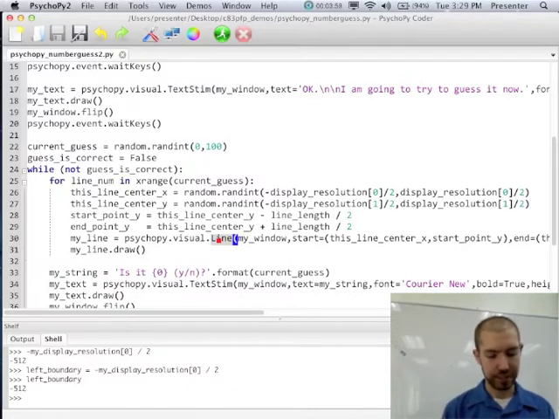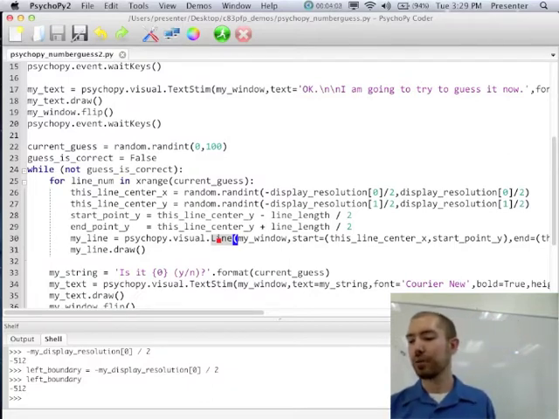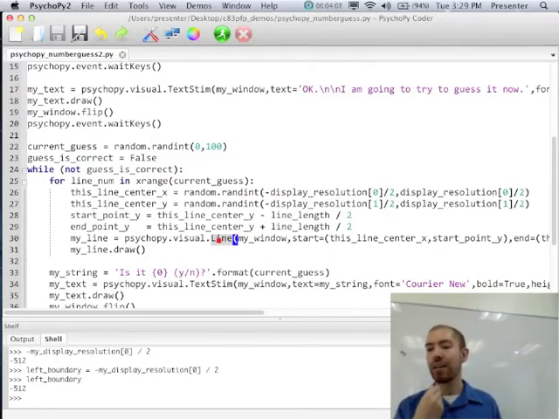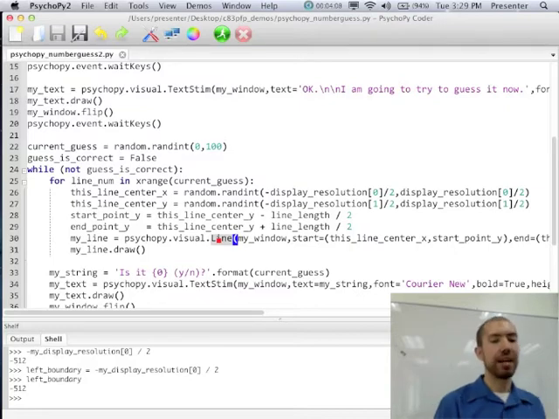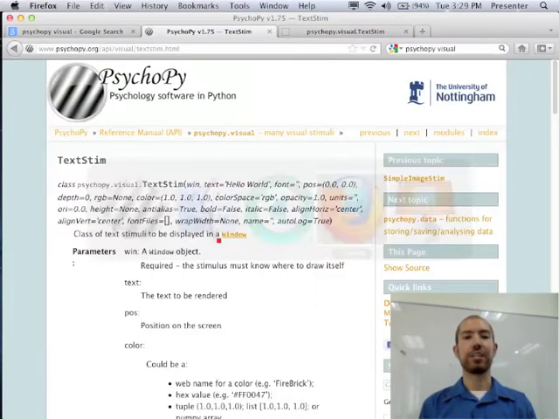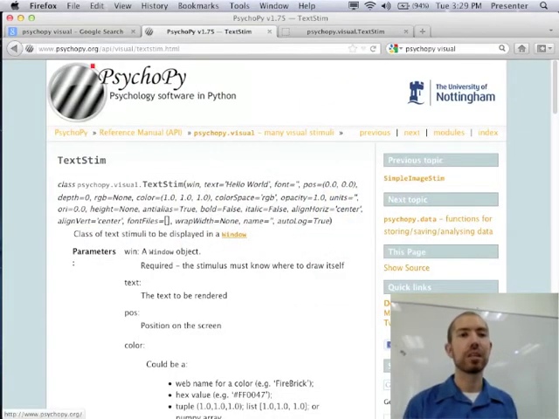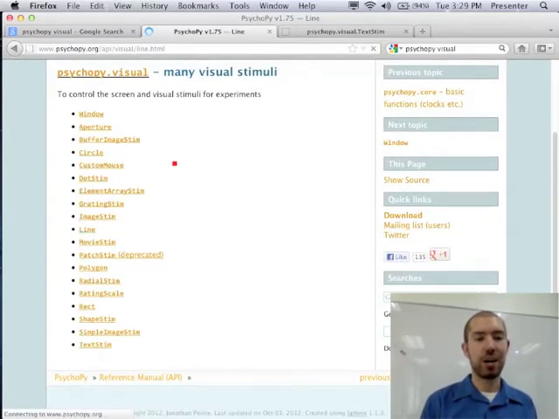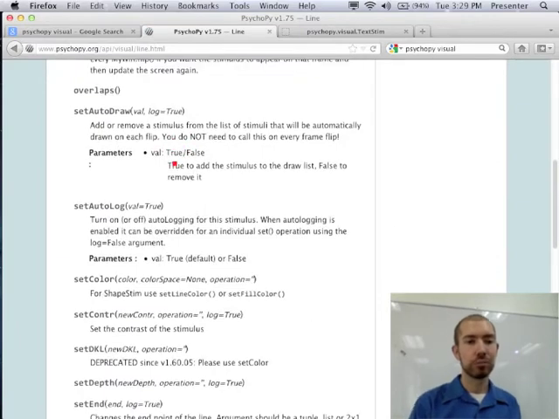Now, one thing you have to know in CyclePy, and this is another case where you would consult the documentation. So if I go back to the documentation, let's say I want to go back to the Line documentation and see how to set the color.